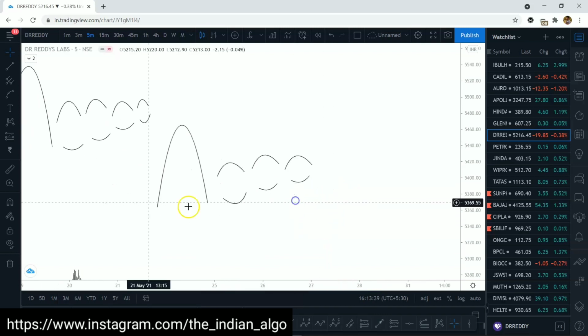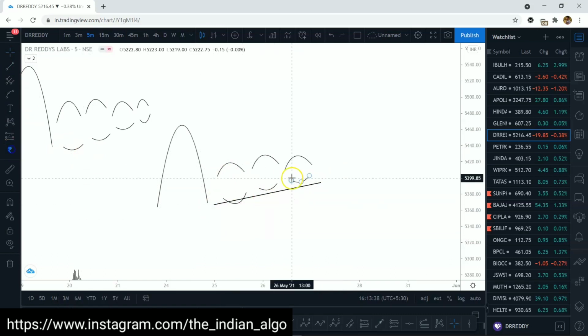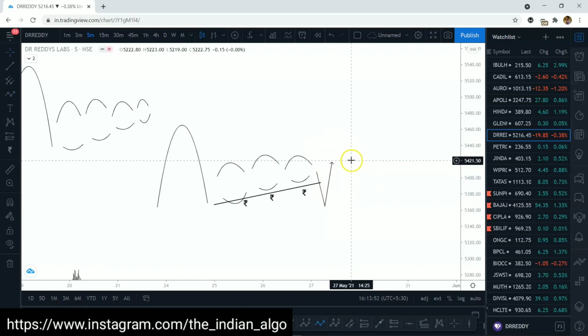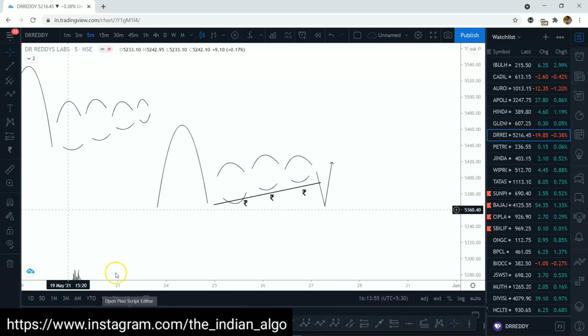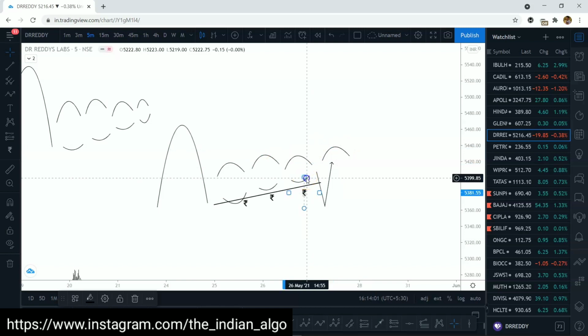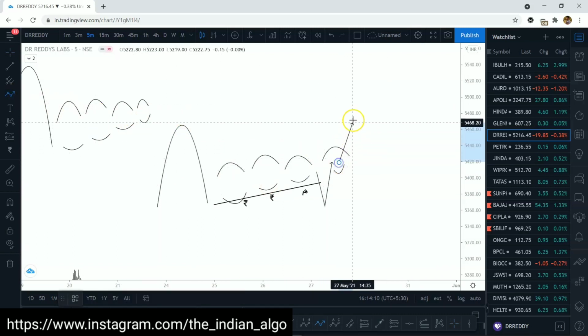And then if you can understand, what do we have below these lows? We have liquidity, right? What do I mean by liquidity? I simply mean we have stop losses right here, we have stop losses right here. Now what does the price do next? The price gives us a fake out, moves higher, and this is where just after this you can look for longs again. Now here the price would be here and it will make some sort of contraction again, right here, and then you will get an up move.